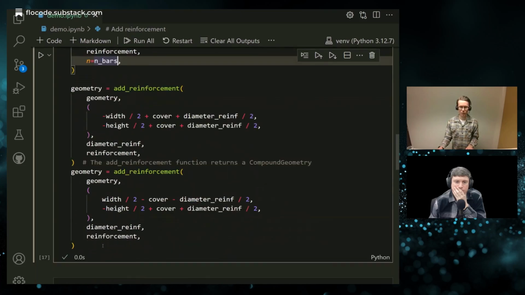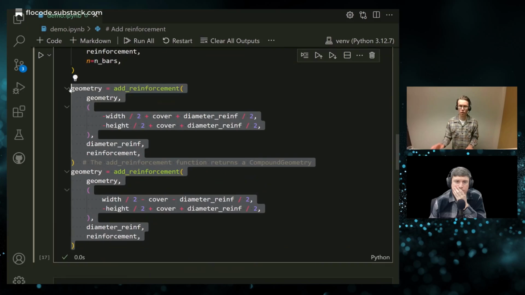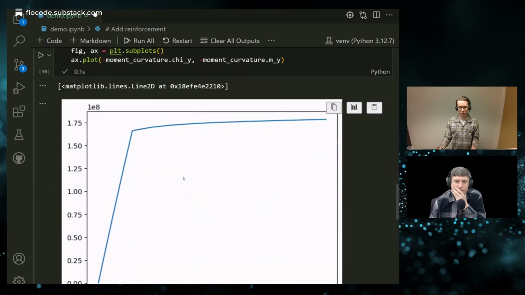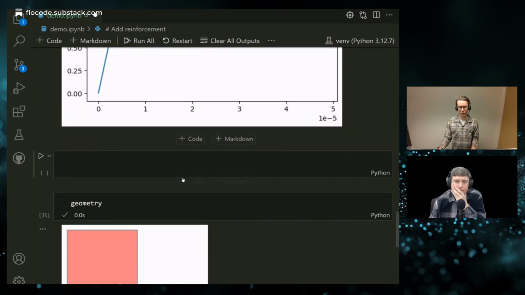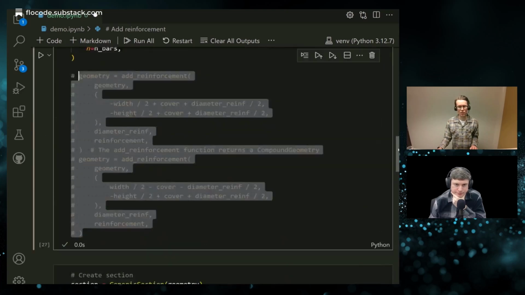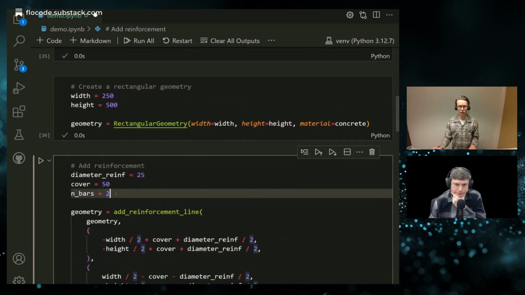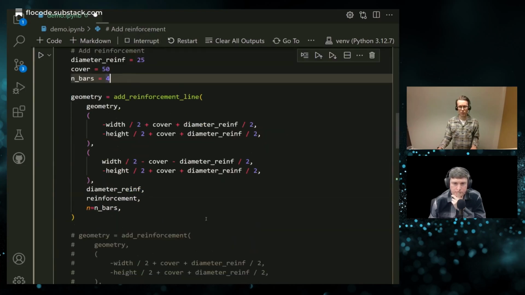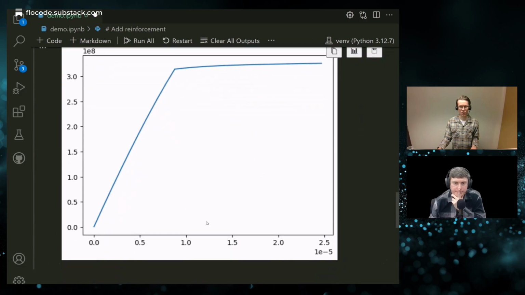Let's now skip these two, comment them out. We can rerun everything. Let's skip down to the geometry plot and see. This looks quite similar to what we already had, but it's a bit simpler, especially if we need to, say, increase the number of bars, say increase it to 4 bars, then we should have 4 bars.